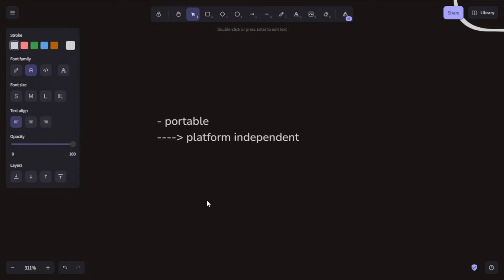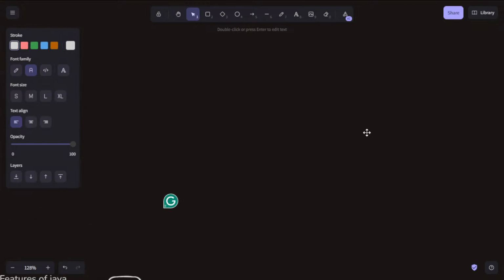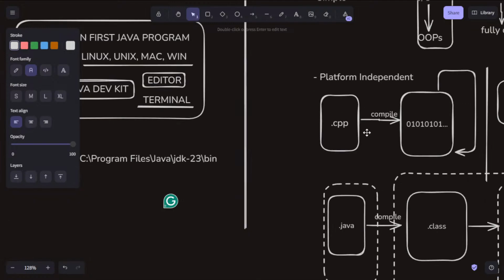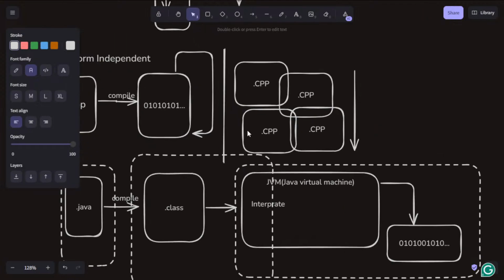That's why it's portable, and it has high performance. We have already talked about why the Java program has high performance, because it's not going to compile the program and get compile-time errors for every architecture.